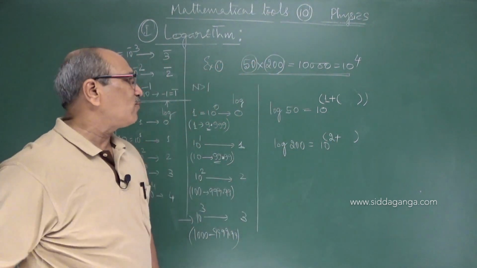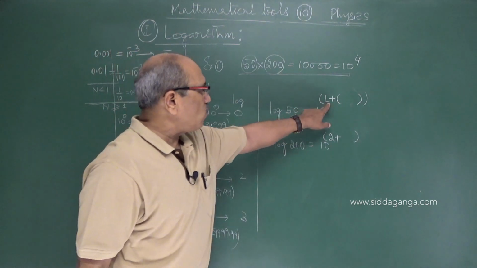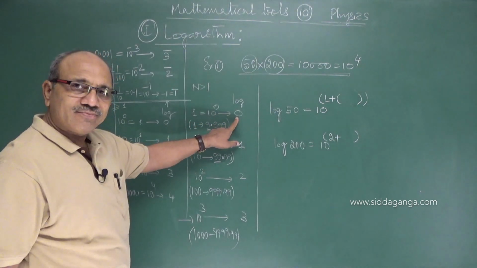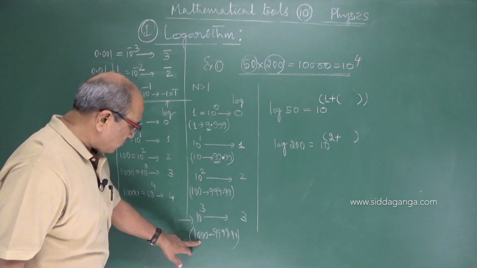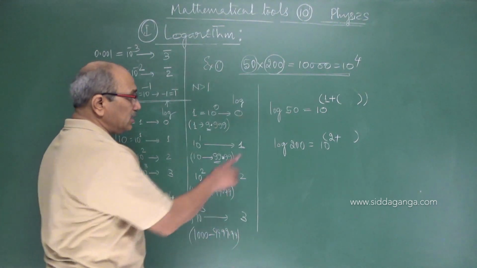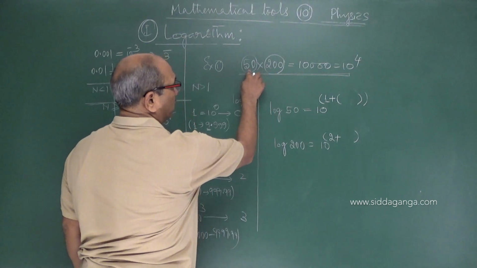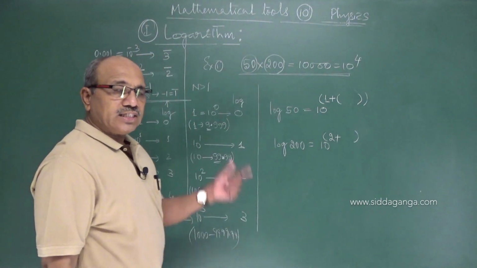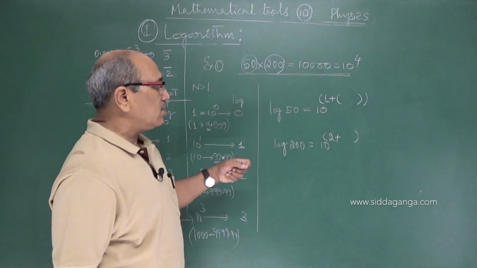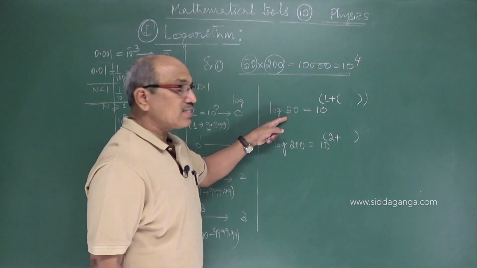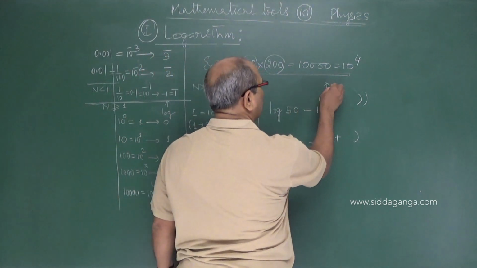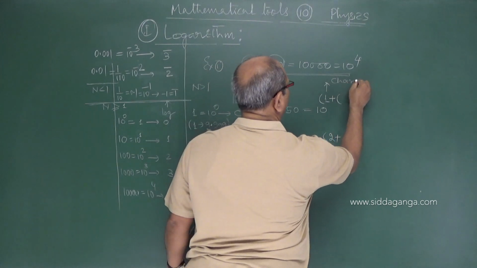One thing now follow. 2 digits, 1. 3 digits, 2. 1 digit, 0. If there are 4 digits, 3. 5 digits, 4. In the whole number part of the given number, see how many digits are there, make it one less and write this. This is what we call the characteristic in logarithms.